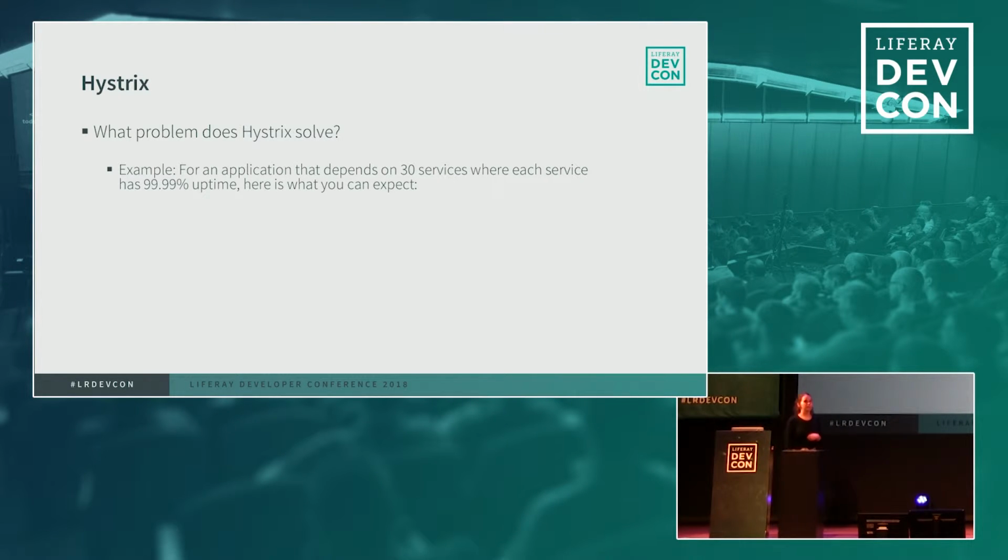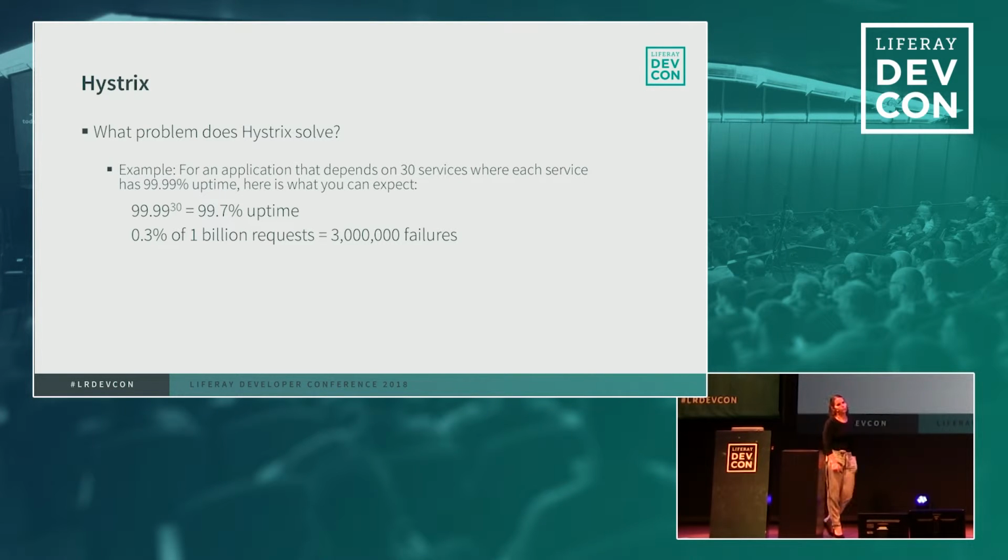So what problems does Hystrix solve exactly? Let's take another example. Imagine that your application depends on 30 services, and each service has 99.99% of uptime. So you will have basically 99.7% of uptime in total. 0.3% is not that much for failures, but 0.3% of 1 billion requests will be